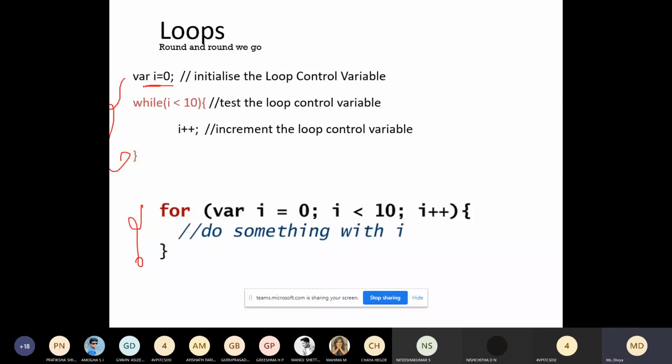Where i is equal to 0, initialize the loop counter, and increment the i value. If you want, you can display it with an alert message and display the value. It is similar to your C programming.